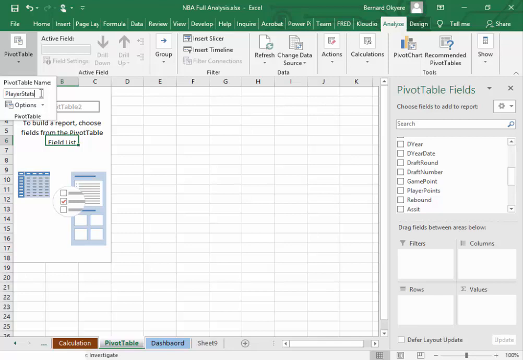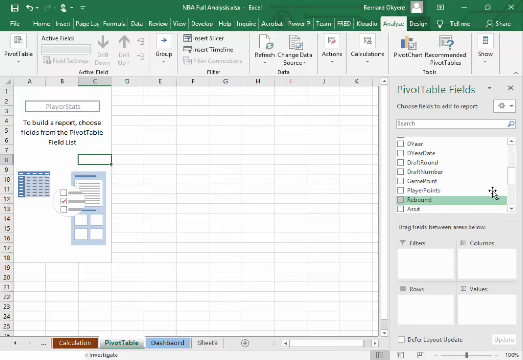So player stats. Okay, then you press the enter key. Then you could see that it is named appropriately. Okay, so our first analysis under player stats will be maybe